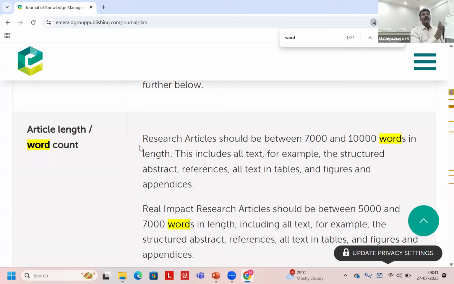In a few journals, there is no word limit. Many journals try to keep 10,000 words. Why? Within a short number of words, we need to convey what our contribution is. With that,